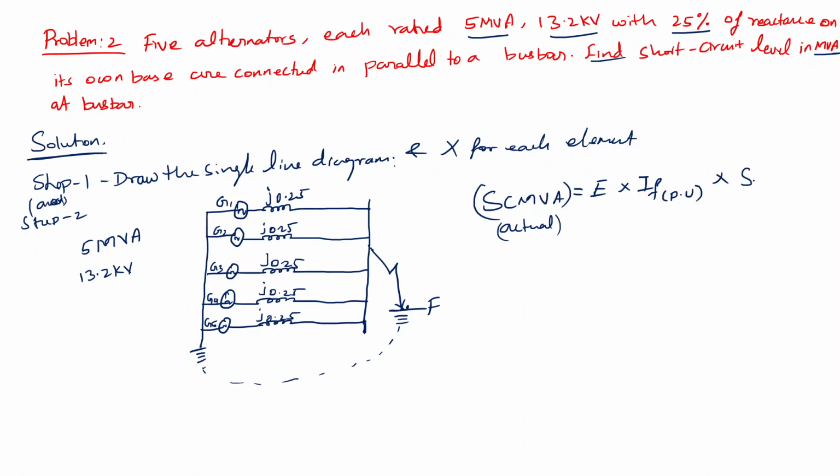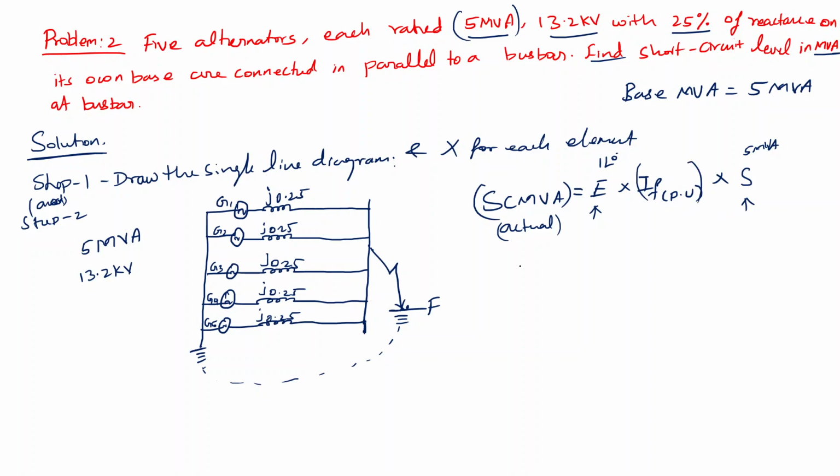into S. S is the maximum MVA or base MVA we are considering. Obviously here base MVA is only one value we are having, so we will consider 5 as the base MVA. So base MVA is equal to 5, we are considering 5 MVA. So obviously this will be the value of my S in the final stage, but we know the value of E, nothing but 1 angle 0, and also this is 5 MVA. Only thing we need to find out is this one, IF per unit.